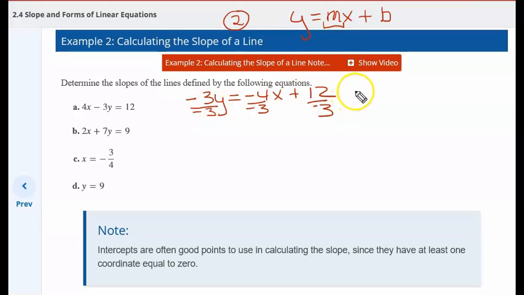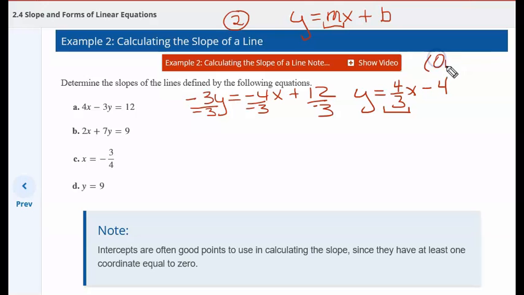This now becomes y equals a positive, because negative divided by a negative gives us a positive, 4/3 x minus 4. So our slope for that first equation is 4/3, and the y-intercept is negative 4,